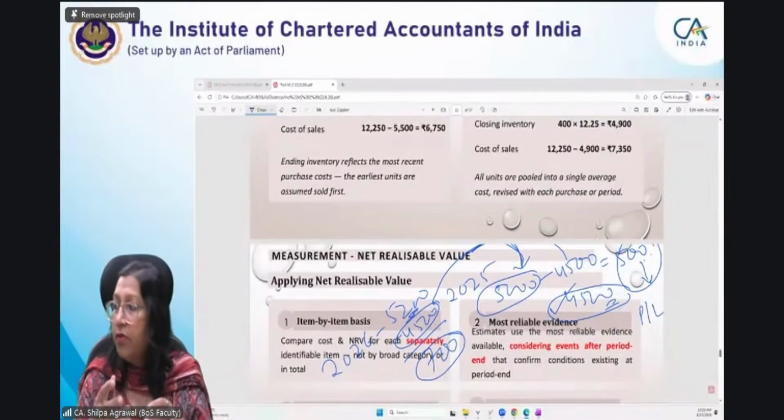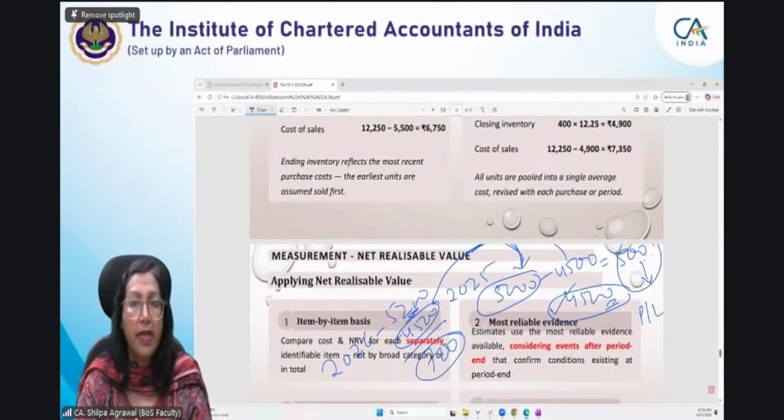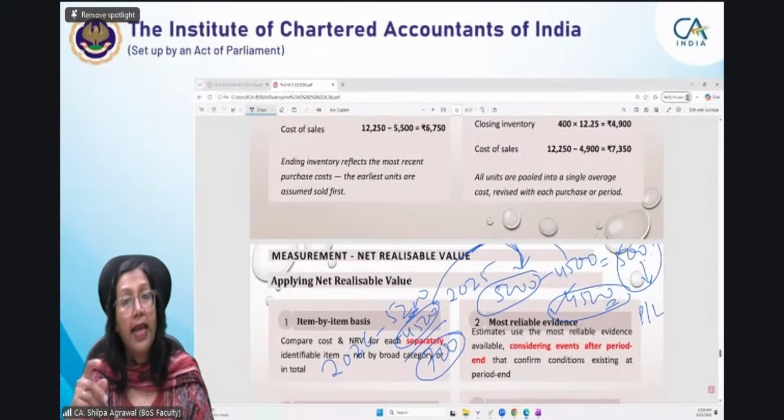You do not have to do the unnecessary cumbersome calculation, and you need to keep your own working loose, so always go for what is provided. And for retail purposes, they have said that this method is to be used, so you use it, it is not prohibited. See, there is nothing saying you cannot use it, but which one is the best appropriate one, that you have to identify. And in such situations where items are fast moving, recurring in nature, in that case always the retail method should be applied. Logically it appears to be like that.